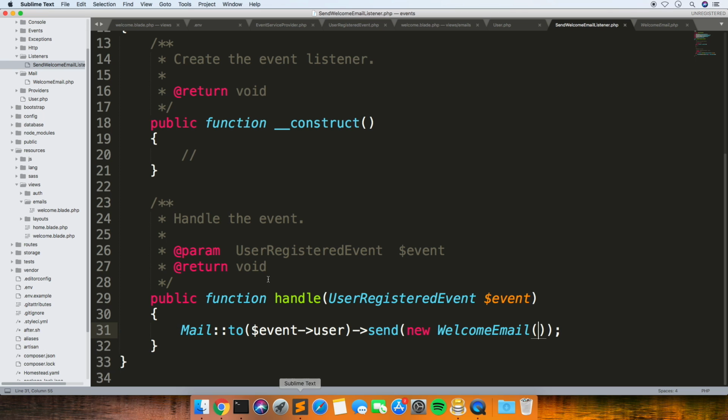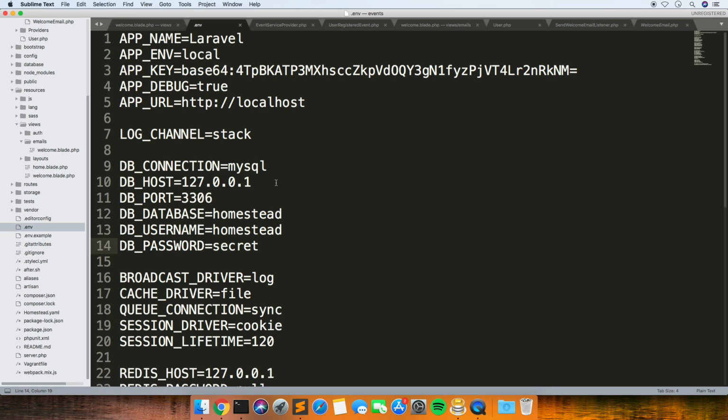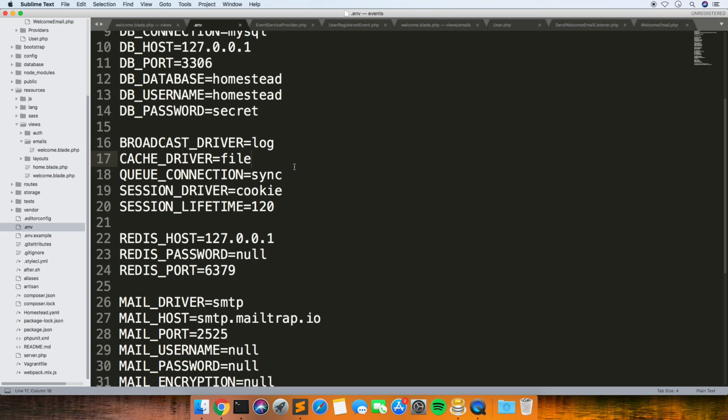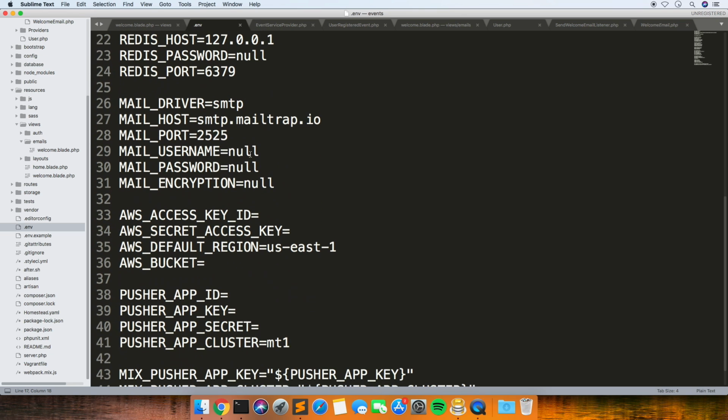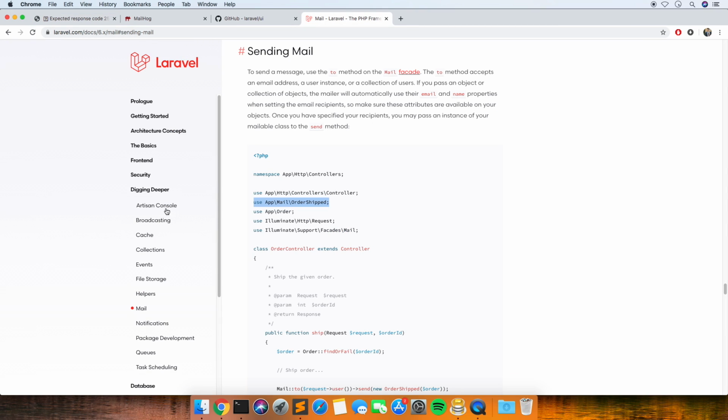Ah, yeah, I think I know what it is. We need to set up our mail driver. If we look here, these are set up to go to mailtrap.io, which is a website, and we're not signed up on there. So what was the Mailhog setup?